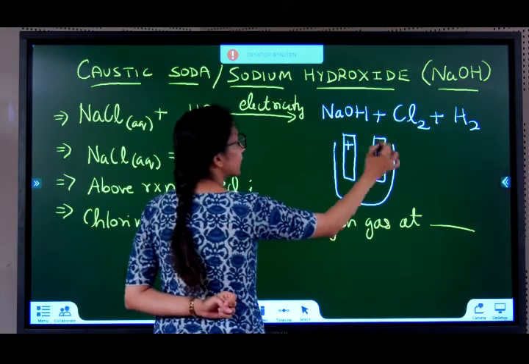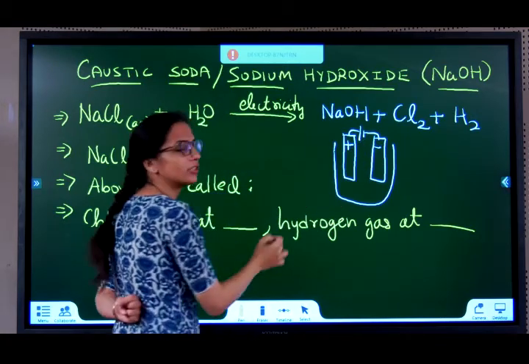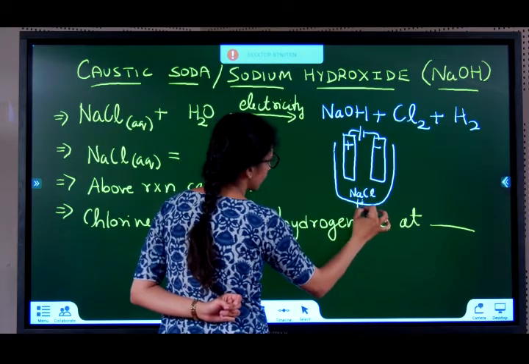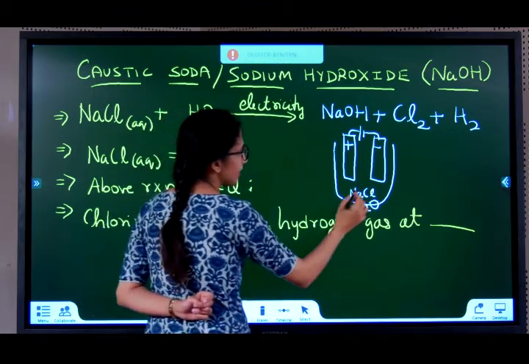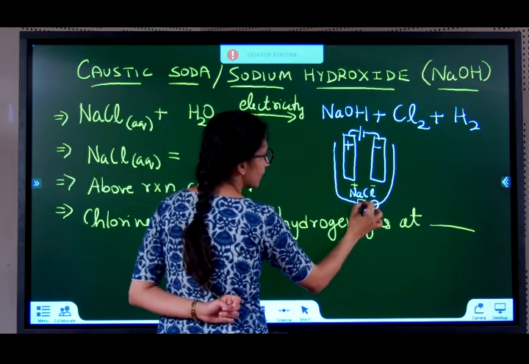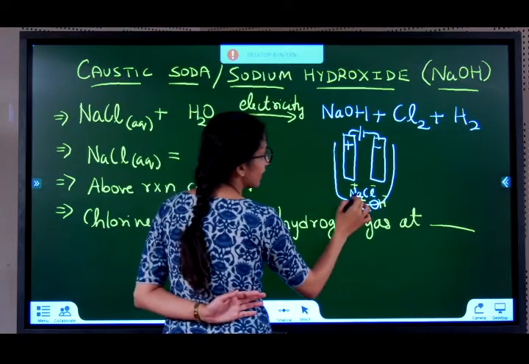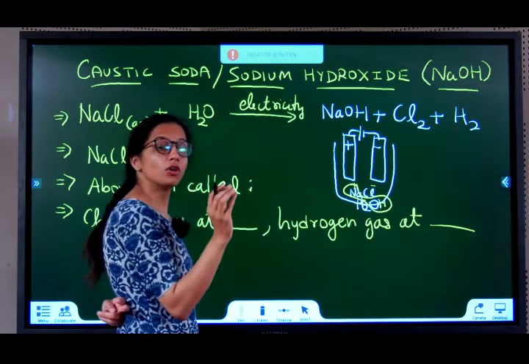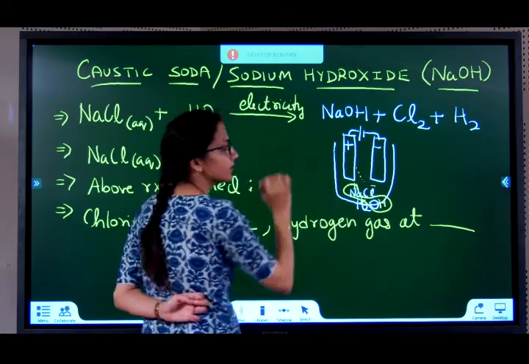You take a battery, connect to electrodes and pass current. So if I am connecting the positive of the battery here, this is positive and that is negative. So when there is NaCl here along with H2O, the Na will become Na plus, Cl will become Cl minus, H will become H plus and O will become OH minus. Agreed? When Na plus and OH minus will combine, this Cl minus will go towards whom? It is negative sign. It will get attracted to the positive electrode.